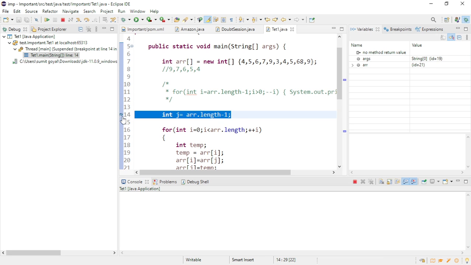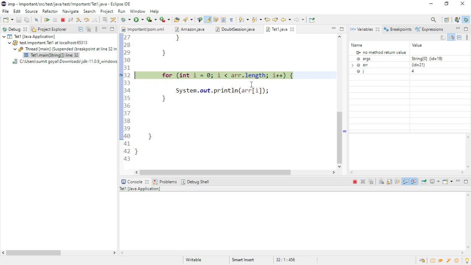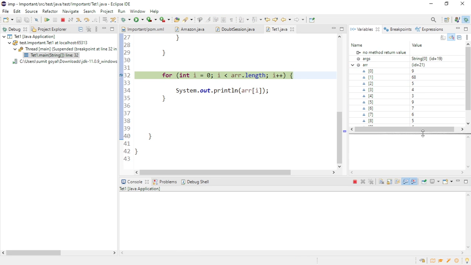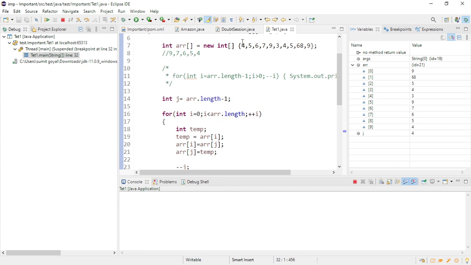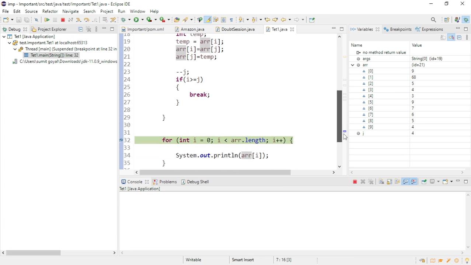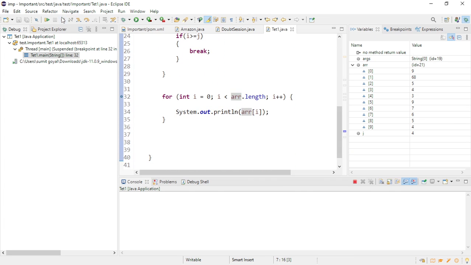Now if I remove this, now if you see this here, right? If I open this array, this actual array got reversed. Earlier, our array was remaining the same. This is our actual array, this is our array name. Now this actual array got reversed and this is the final output. Is it clear to everyone? What is the difference between this one and this one? In the earlier program we were not reversing the array, we were simply printing the output. So this is how you can reverse the elements of an array.